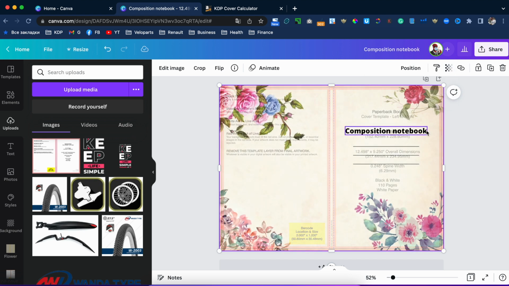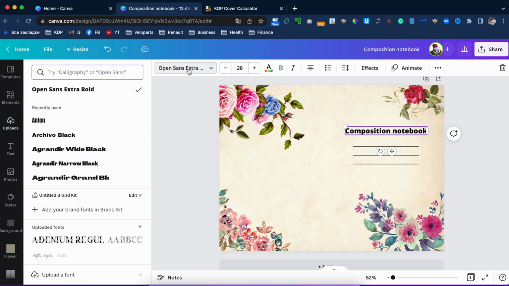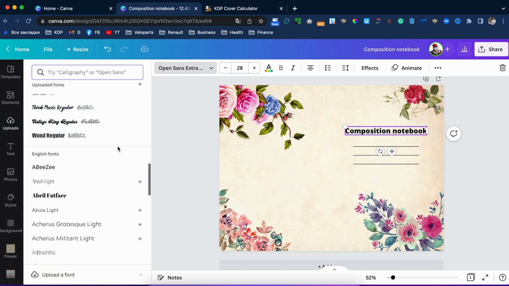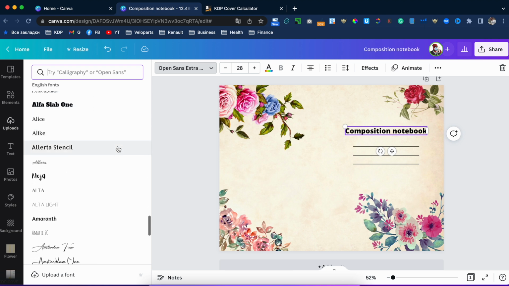So we see everything is okay, but I don't like the simple font I use, Open Sans. Let's go further and choose anything. Oh, yeah.